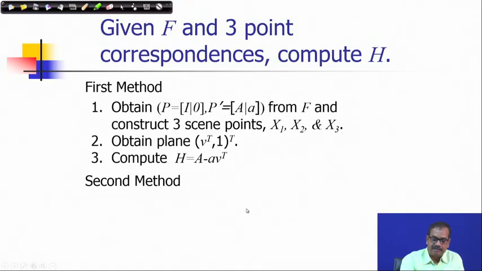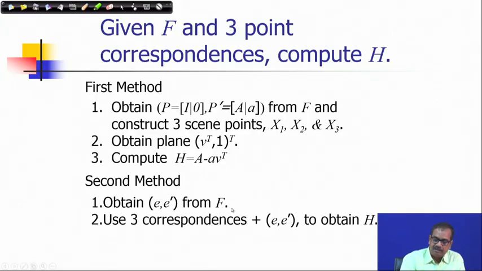So, the first method says that from the fundamental matrix, you can always estimate the camera matrices P and P prime using the method we discussed. Then you can obtain the plane, because you solve for 3 scene points, construct them and obtain the plane, and from there you can compute the plane induced homography, that is H equals A minus A V transpose, given the parameters in this form. The second method is that